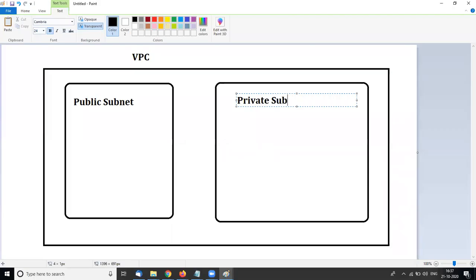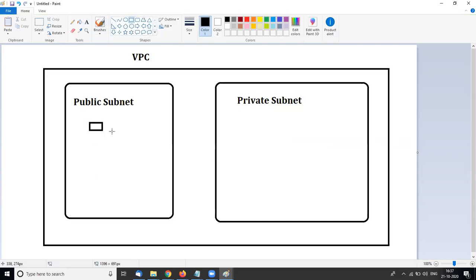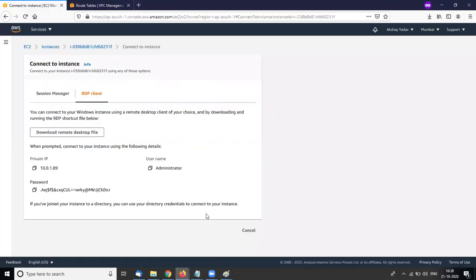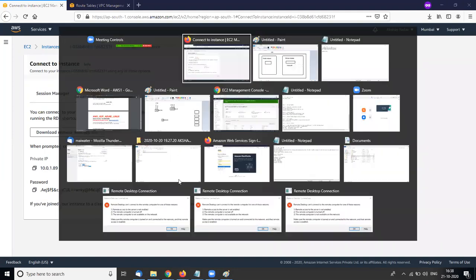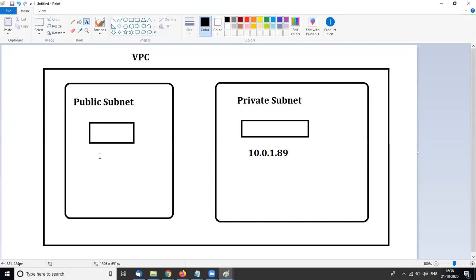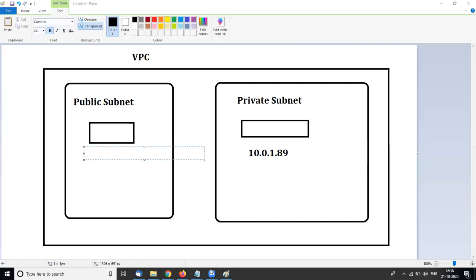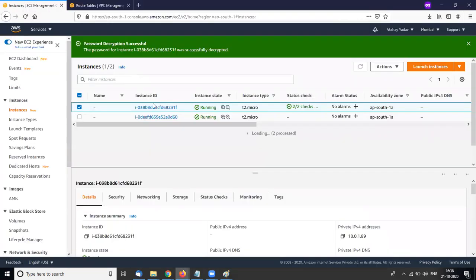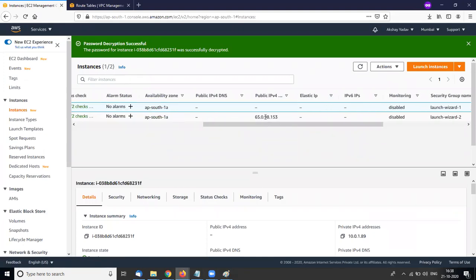So we launched two servers, one in public subnet and second in private subnet. Okay, so private subnet has private IP 10.0.1.89, I think it's correct. Okay, so in public subnet we have a public IP.